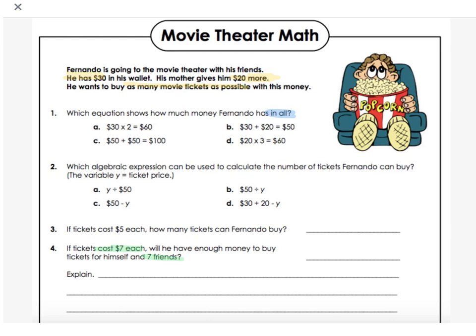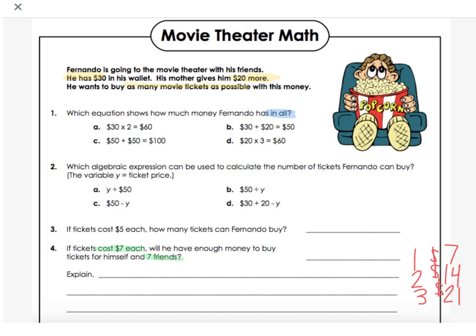So we're pulling groups of 7 out of 50. Another way we could check that is to say one ticket costs $7. Let me get out my pen. So we know one ticket costs $7. That tells us 2 tickets cost $14 and 3 tickets cost $21. We could go on until we get to 7 tickets and see if it's more or less than 50. Because if 7 tickets costs more than $50, will he have enough money to buy tickets for all of